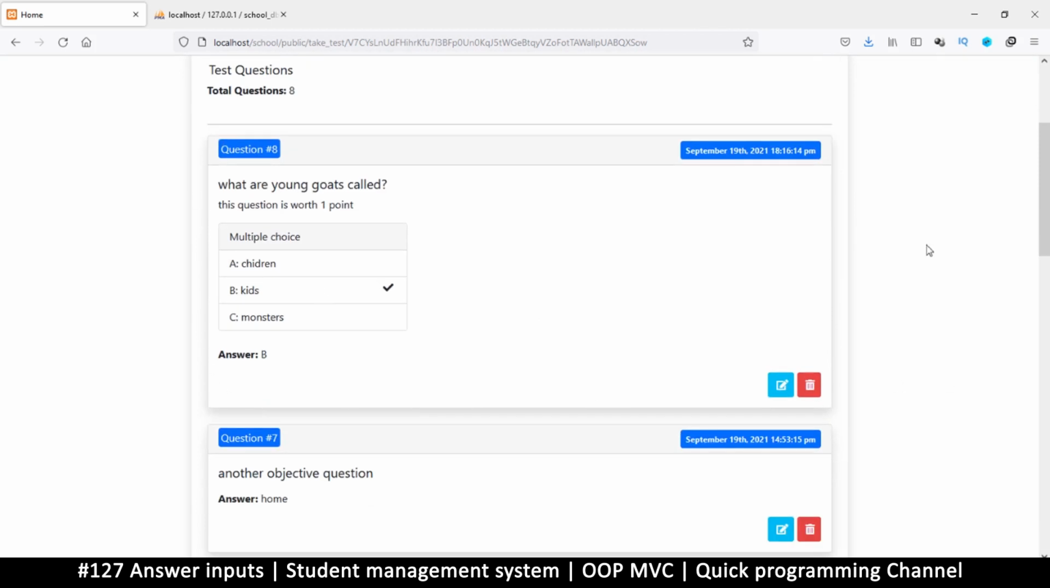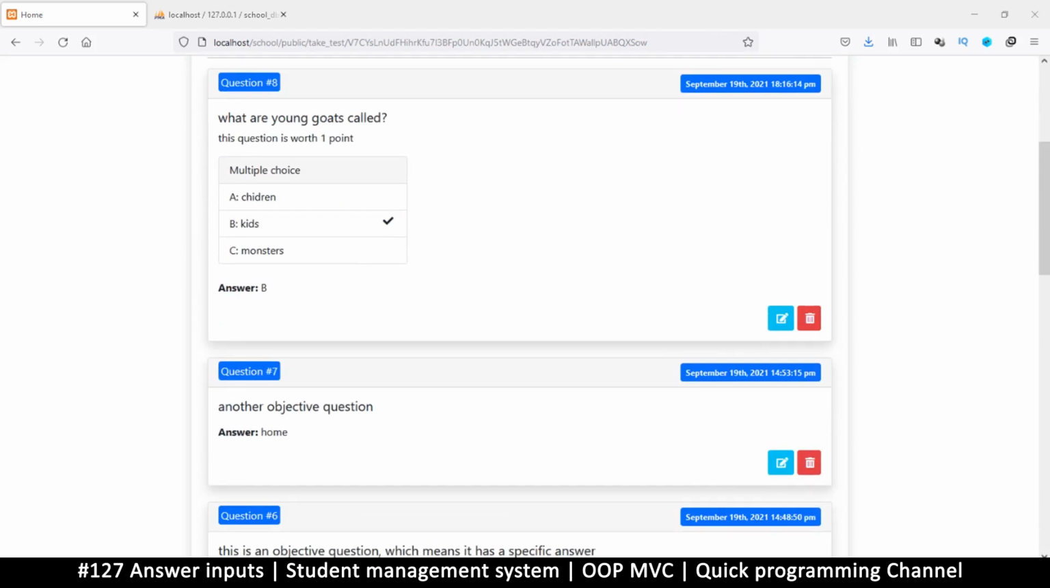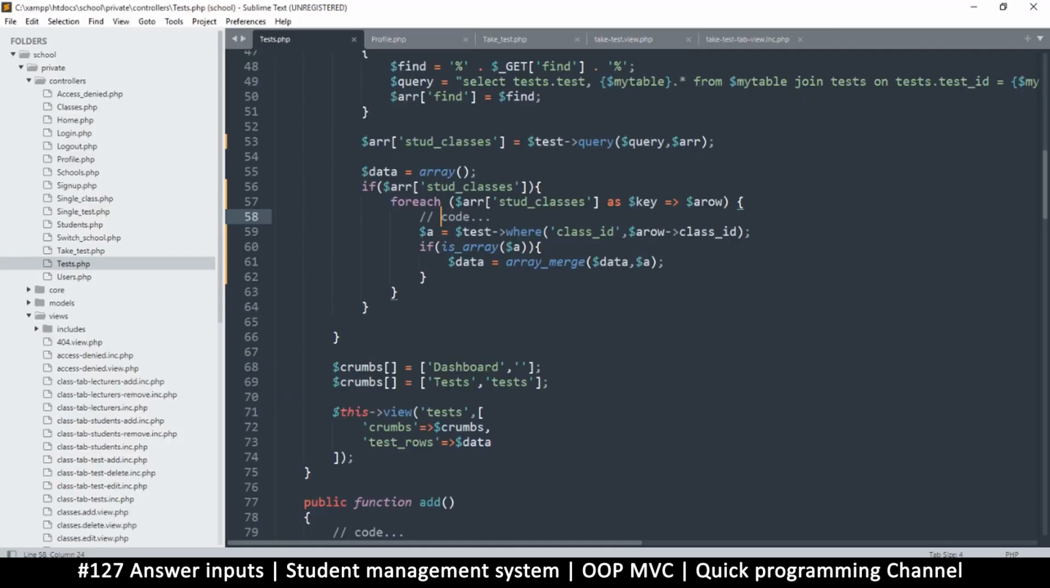Let's remove the shadows and borders on these things, because I want these to look just like standalone questions and answers. And also maybe we can remove the obvious stuff like the edit and delete buttons. We don't need those here at all. We don't even need to see the answer here, so let's remove that as well. So let's come down here